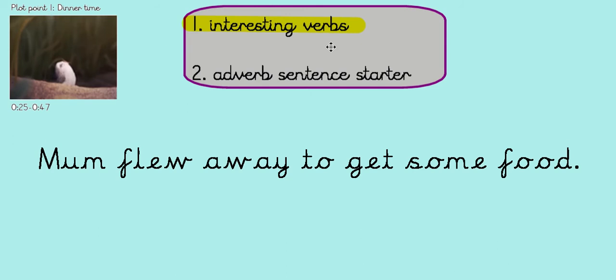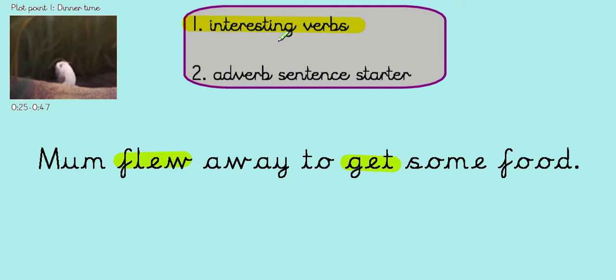Here's where my first writing challenge comes in. I want to add interesting verbs. So let's go through my sentence. It's fine, but it's not great. And spot the verbs, the action words. Mum flew away, didn't she, to get some food. Now I've got two verbs in my sentence, neither of which are very exciting. So I'm going to have a think now about some different verbs I could use to replace these ones because